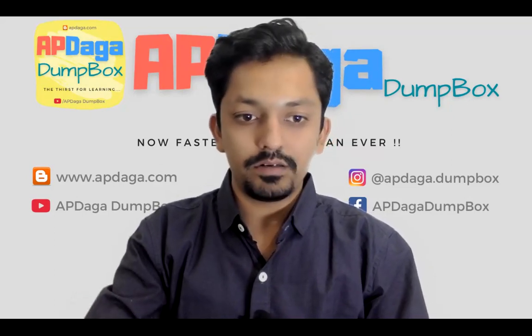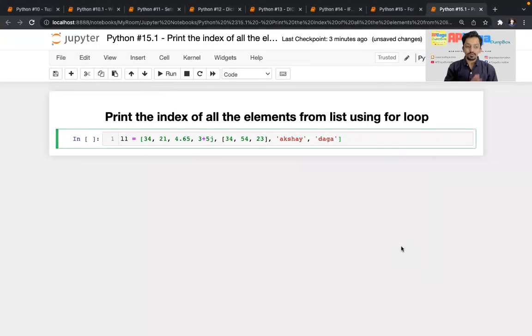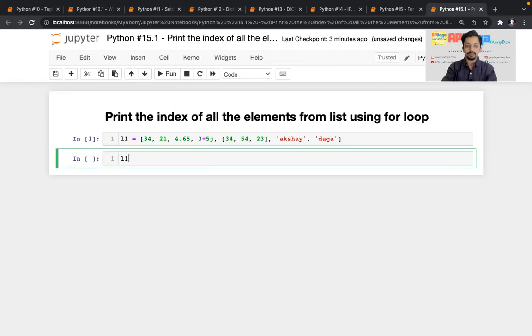So by combining those two, I want to solve a problem, and the problem is this. I'm sharing my screen. In our earlier video we have seen that whenever we use a for loop like for I in list, it will print the element as it is. What if I want the index of all the elements in the given list? The output should be like the element and its index, element and its index. I want to print all the elements from the list and the corresponding indexes for them, right? So that's the problem. This is the given list, I'm printing it.